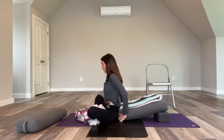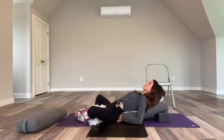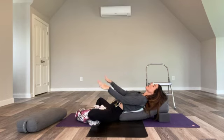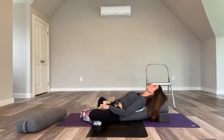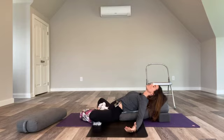But as you're ready, begin to gently make your descent down, sending your tailbone, your low back, your mid-back, and your head down onto your perch. If you need to, you can take the corners of that blanket and maybe pull the heels in towards your groin a little bit further, really tightening that grasp around the feet and the ankles and the shins, and then allow your arms to fall to the side. The heavier the arms, the more that the shoulder blades can coil down and around the edges of your props. That is going to create a nice big heart opener,